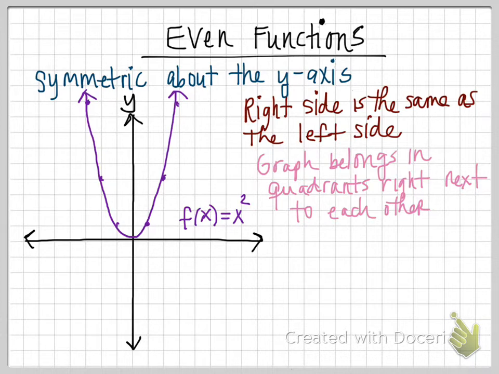That means, looking at the y-axis here, if I travel 2 units to the right, then I should see the exact same point 2 units to the left. Or if I travel 1 unit to the right, always with respect to the y-axis, I would travel 1 unit to the left. So we could say that the right side of the graph is exactly the same as the left side, or you could think of this graph, if you actually fold it along the y-axis,